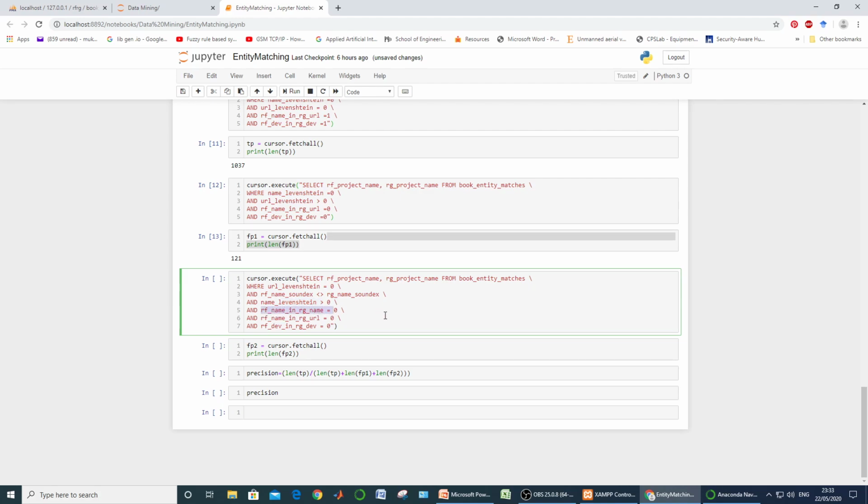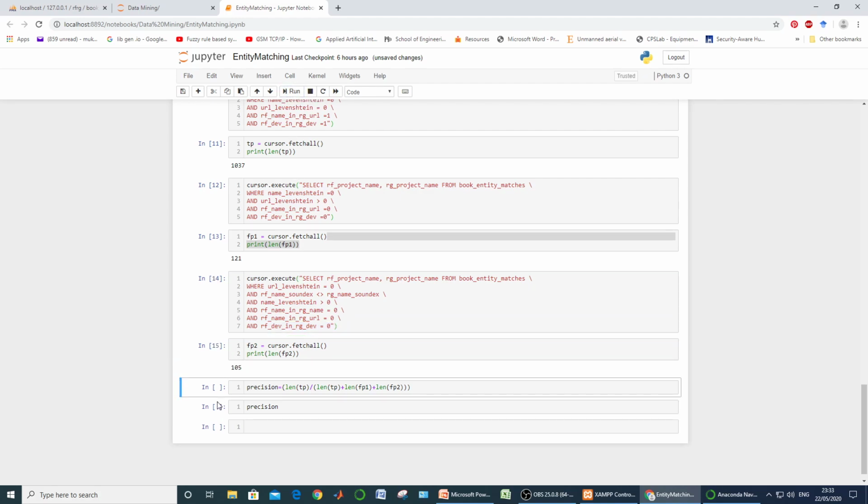Then there was no RF name in RG name, there was no RF in RG URL, and there was no developer in common. So this is again the case of false positive number 2. It comes out to be equal to 105. If we add 121 and 105, then it comes out to be 226 as the false positives.